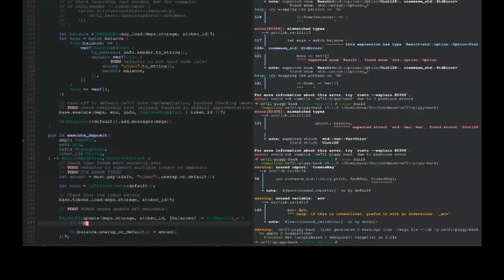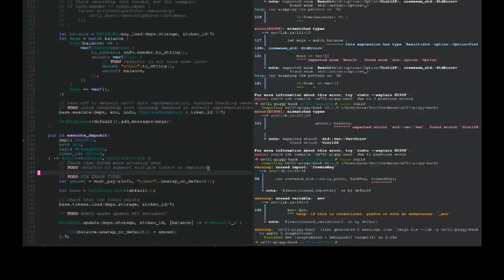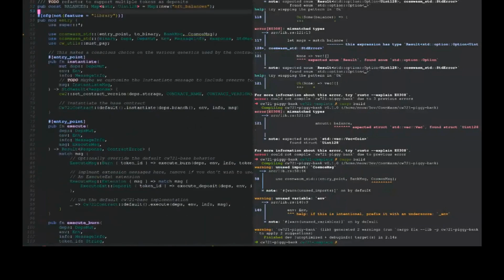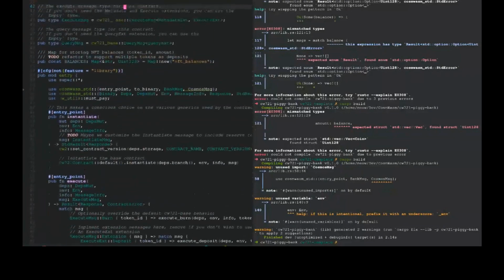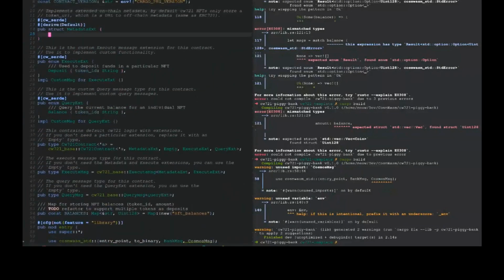We're just not going to do that one right now, because I think an even more fun thing to talk about would be how we might make the tokens return a different image if the amount was over a certain amount. Does that make sense? So this is where the metadata extension would be really helpful. We might choose to make this optional, but we might have additional token URIs. We might extend